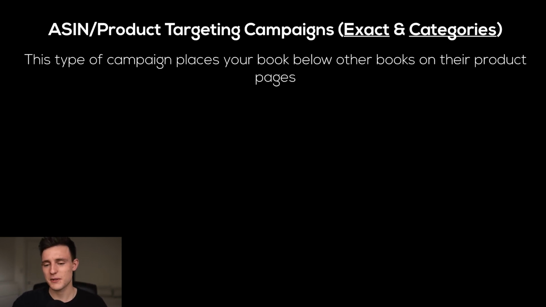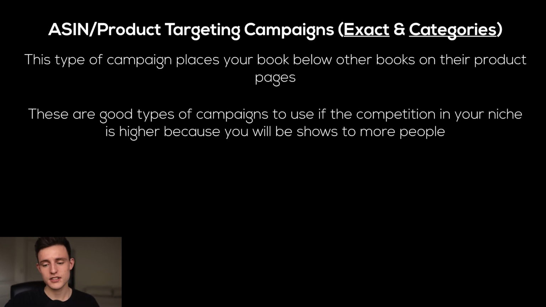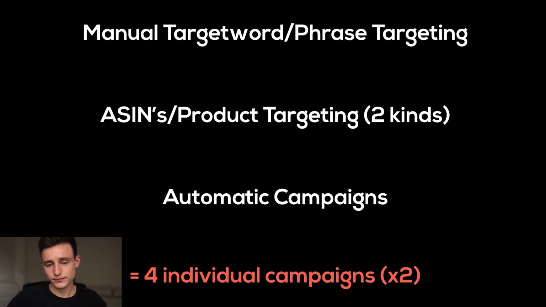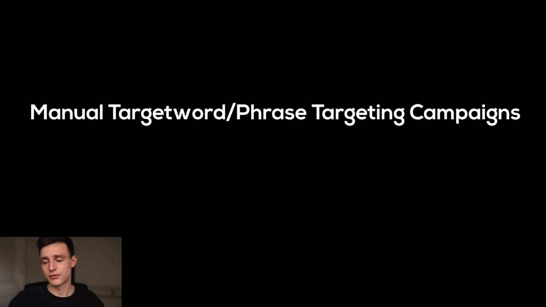Next type are the ASIN product targeting campaigns, which are going to be exact in categories, all right? This type of campaign places your book below other books on their product pages. These are good campaigns to use if the competition in your niche is higher because you will be shown to more people. If you're only doing the other type, the manual target phrase targeting campaigns, it's going to be tough to show up on the first page because there's so much